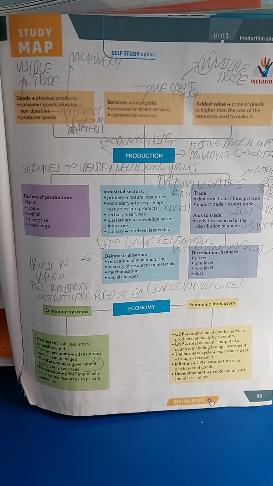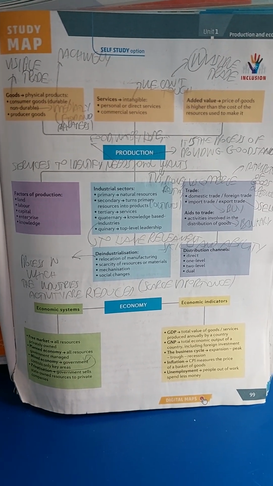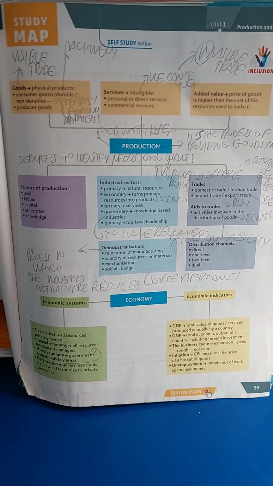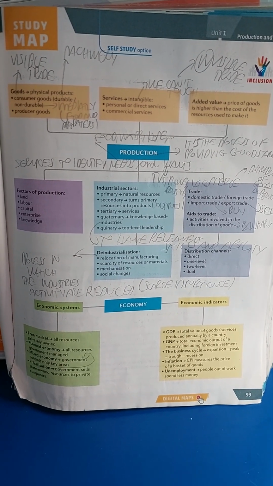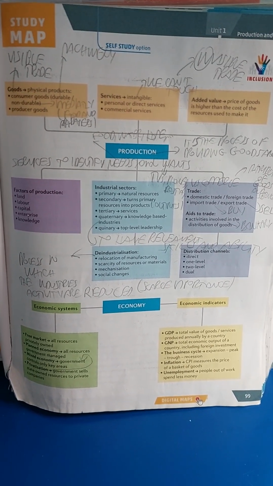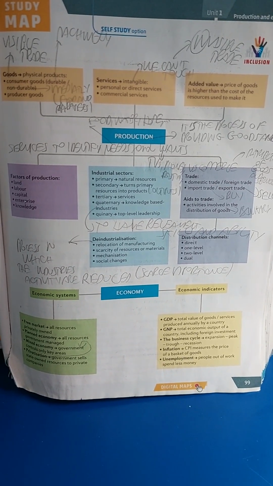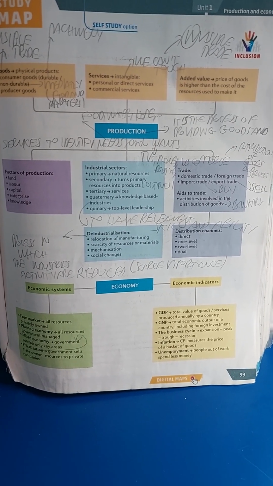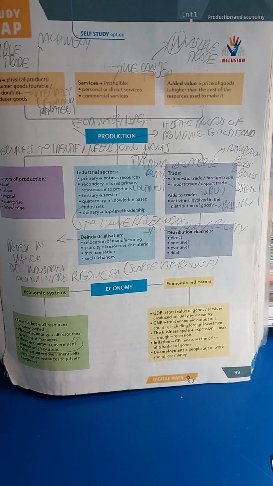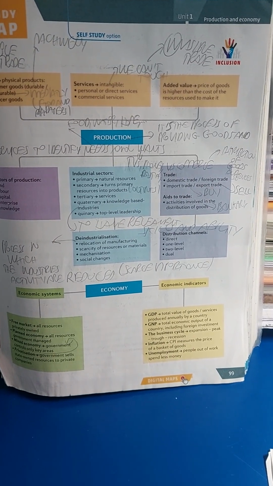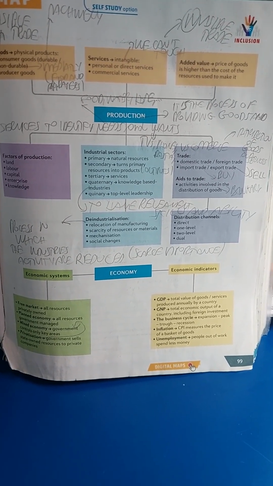Physical products are also the visible trade, for example the raw materials. Services instead are intangible, and services are a part of invisible trade. Examples of services are personal direct services and commercial services. The added value is when the prices of goods are higher than the original cost of the raw materials, the resources used to make the product,